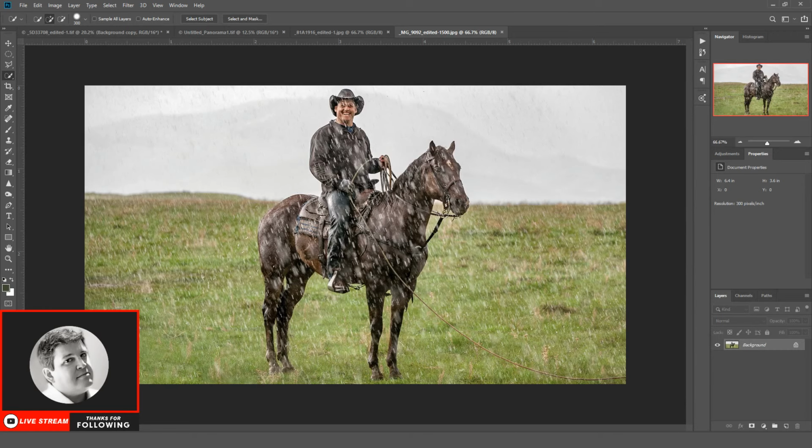I wasn't outside. I was in my truck. As soon as the first raindrop hit, I made a beeline for my truck and I started driving around the pasture, making photographs with my window down. And the storm had hit. It'd been only a minute or so, and Tim was on his horse. And of course, I whipped around, and